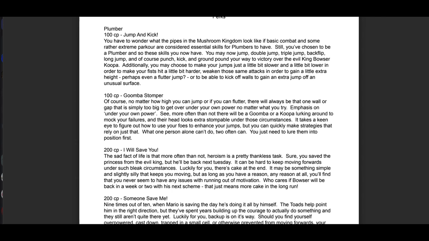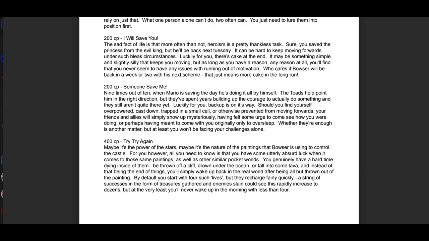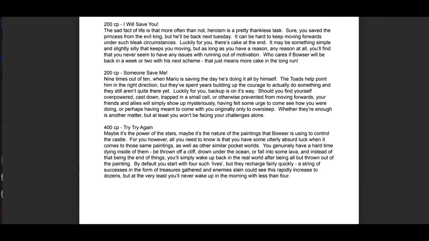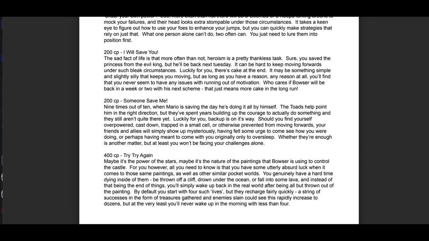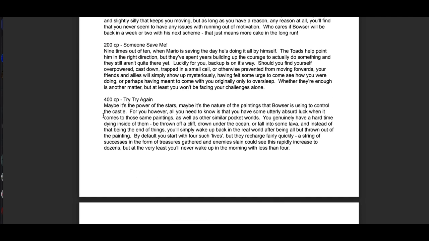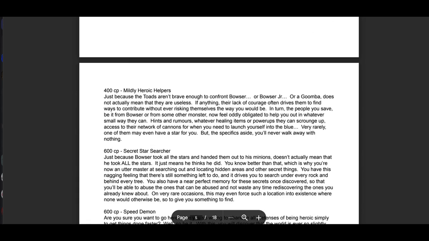So they get the Jump and Kick perk for free, they get the Goomba Stomper perk for free, they get I Will Save You and Someone Save Me, they will get Try Again and Mildly Heroic Jumpers, and at this point they will have spent 600 choice points, because by investing fully they will in fact be spending 200 choice points in the 200 choice point section and 400 choice points in the 400 choice point section,